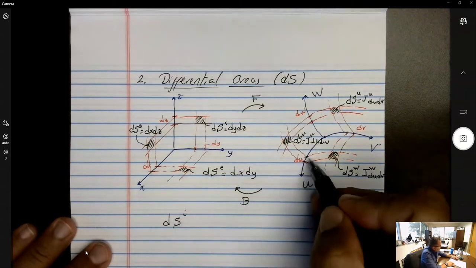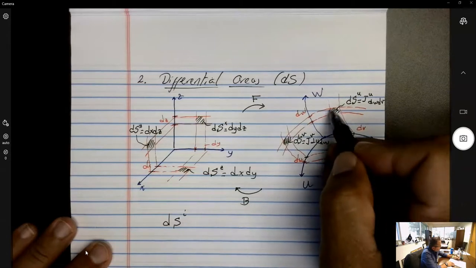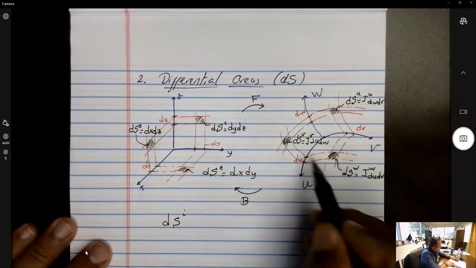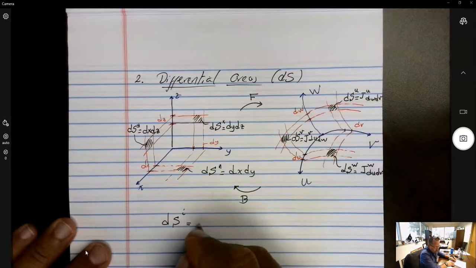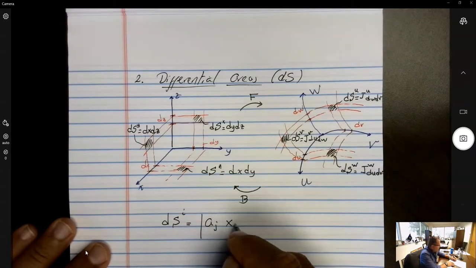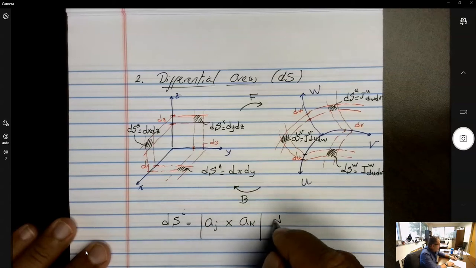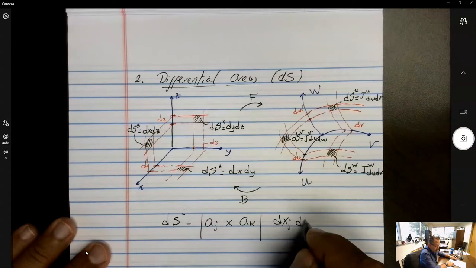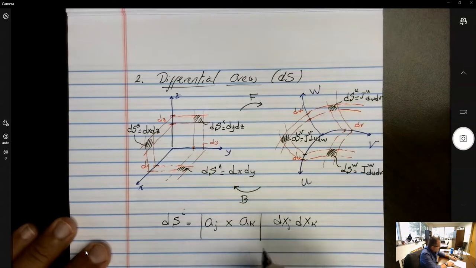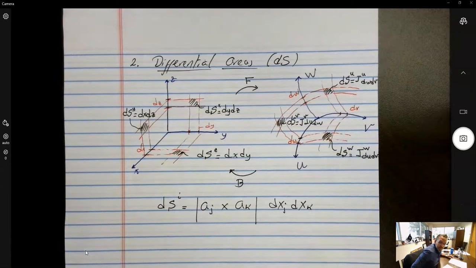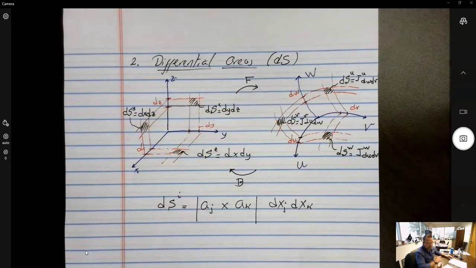For one will be the one that is perpendicular to u, so this one, this will be 2, and this will be 3, is equal to the tangential vector aj crossed into the tangential vector ak, dxj dxk,